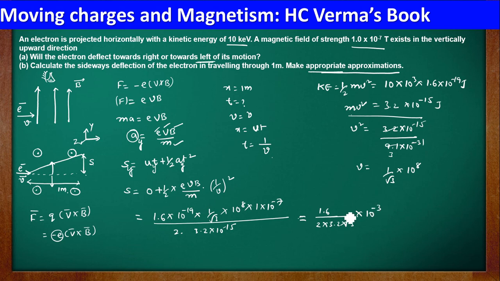Okay, so that's it. Now let us look at this. S is in terms of meters, everything is in SI units, isn't it? So here 1.6 times 2, I mean 1.6 twos are 3.2, so basically this is 1 by 4, into 1 by 1.732, into 10 power minus 3. If I multiply with 25, I'll get 25 in the numerator, 25 by 25. These 25 fours are 100.